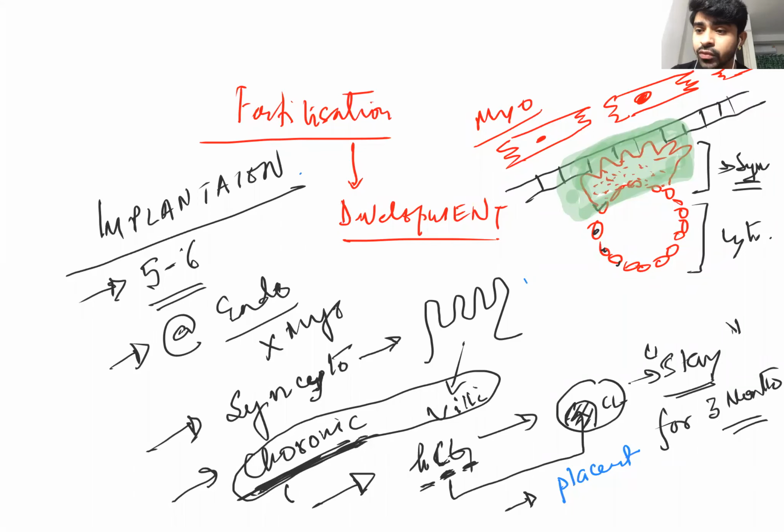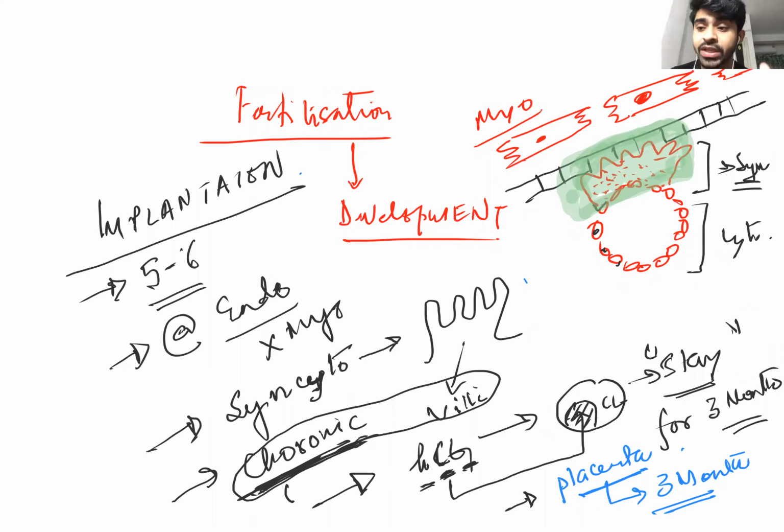Okay, so placenta, we will not talk much. We'll only talk about the MCQ points and we'll crack the NEET exam in this way. So placenta, this is 3 months. It's a very, very important question for the NEET exam, that placenta will be formed at 3 months. Okay, I mean 12 weeks. 12 weeks or 3 months, placenta will be formed. Till that time, the HCG will request the corpus luteum to stay.